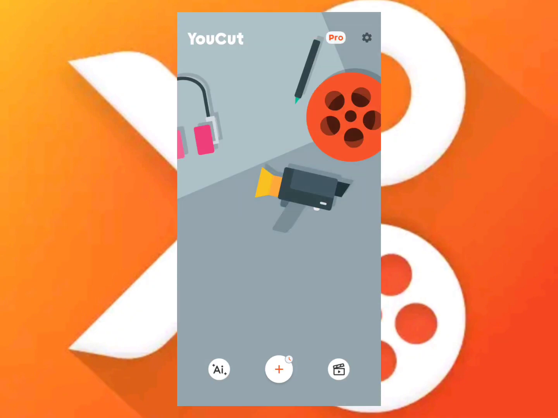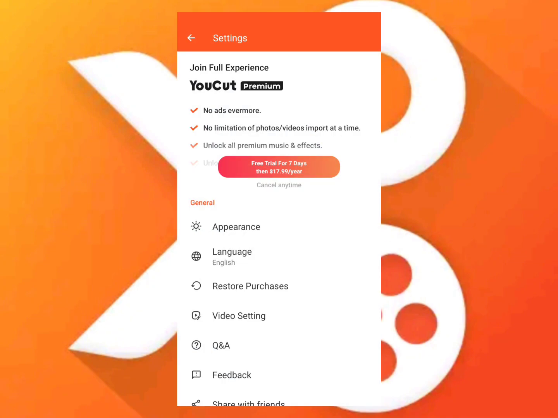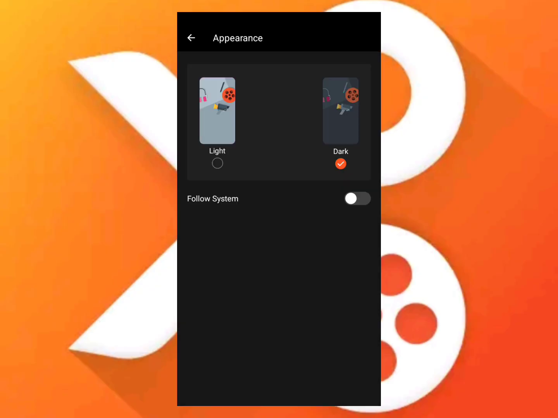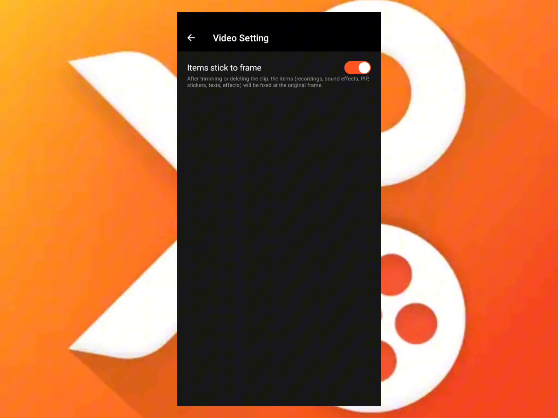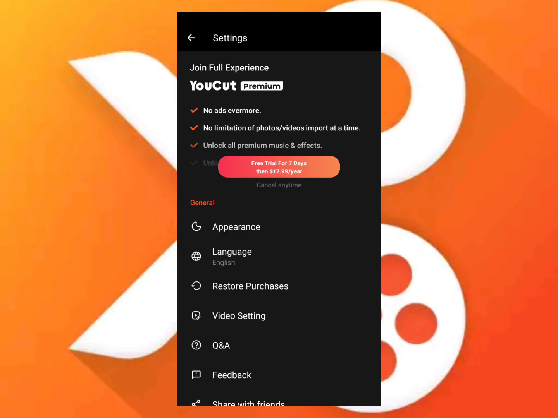So that's really pretty much it for this application. Very easy to use. The settings feature here, you can turn it to light mode or dark mode. Nothing much for that. But yeah, that's really pretty much it. And you have the video settings, nothing much for that. So very easy